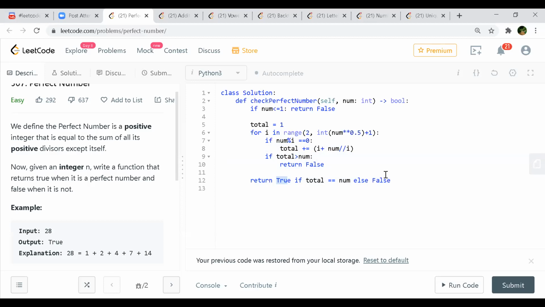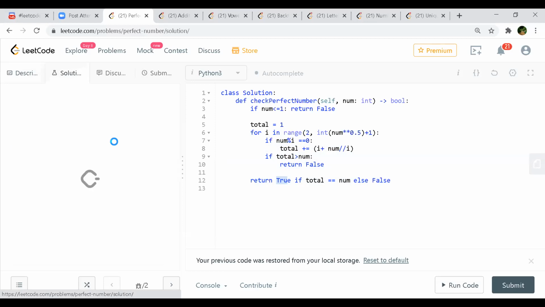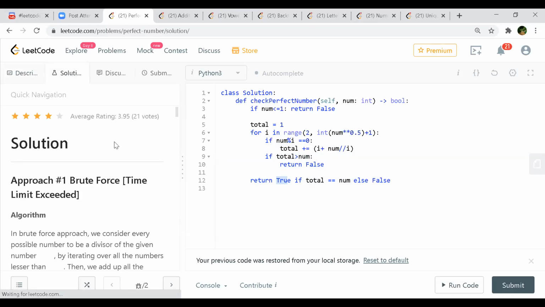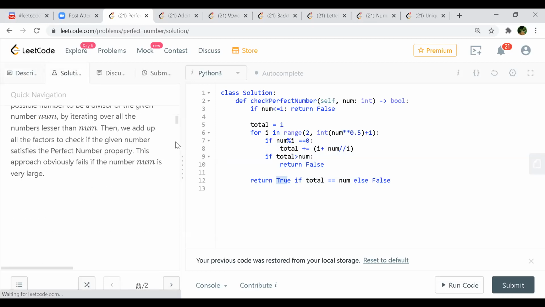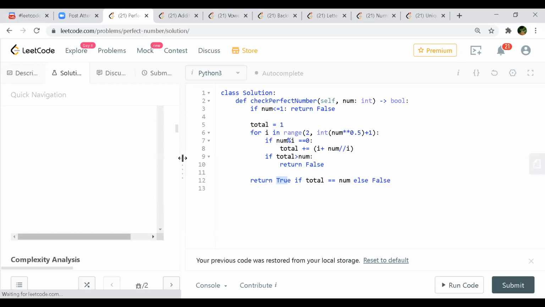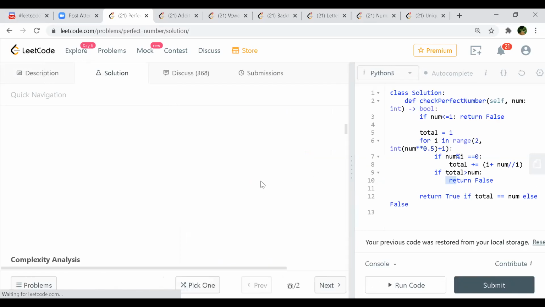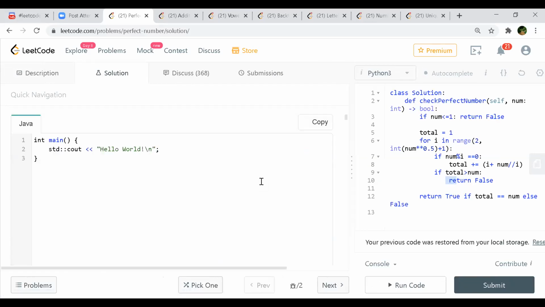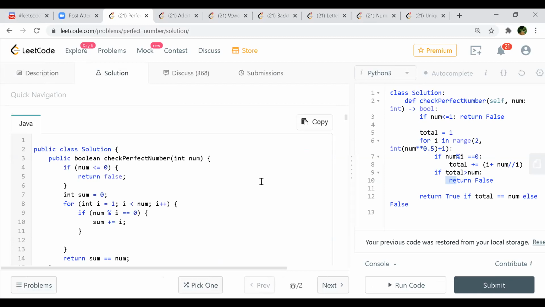Right. But I was reading through the solutions of this problem, and they are actually giving some examples of that mathematical-based solution. Yeah, the Euclid number, right? I didn't understand it, and I'm not sure whether it will be okay to discuss in an interview.